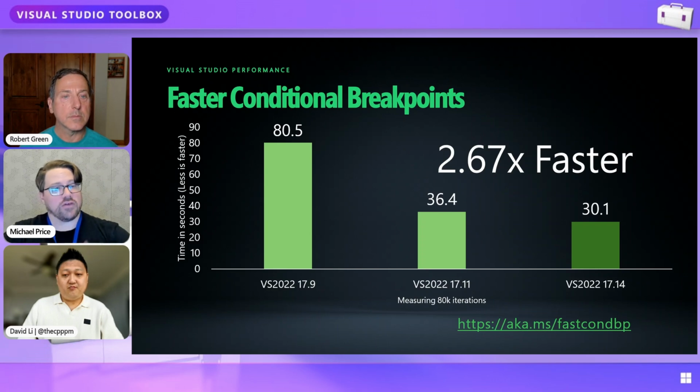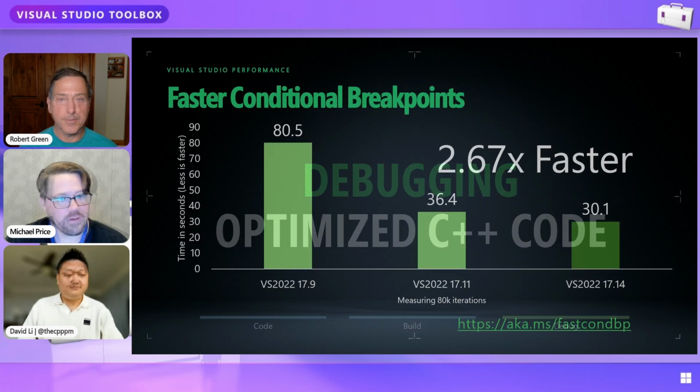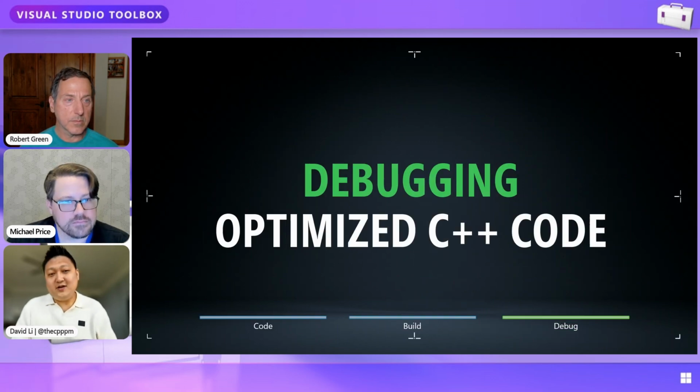And we should point out too, there's another quality of life feature for conditional breakpoints: whenever you go to set the conditional breakpoint, you can actually get Copilot to suggest what the condition should be for the situation that you're debugging, which is really cool. Nice. Now let's move on to our last topic, which is